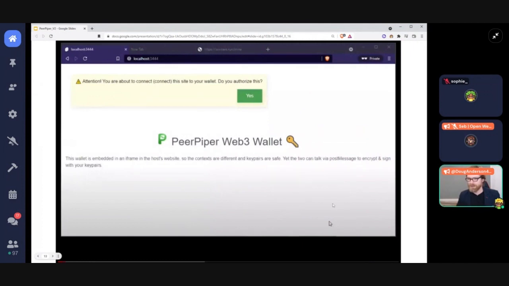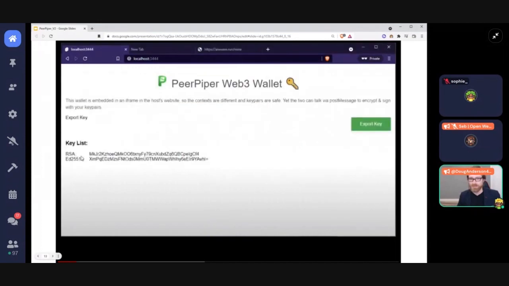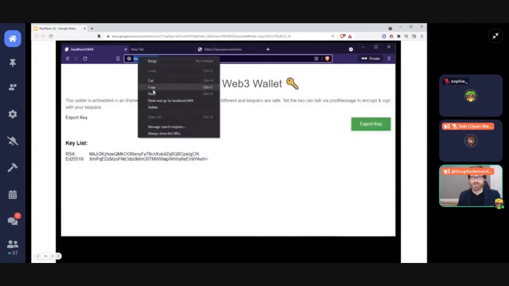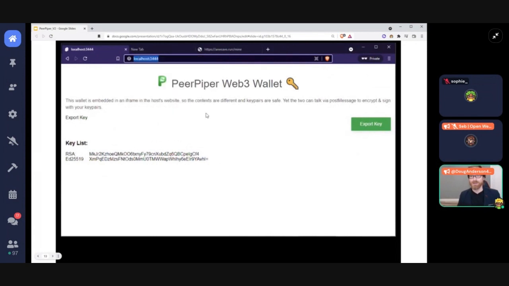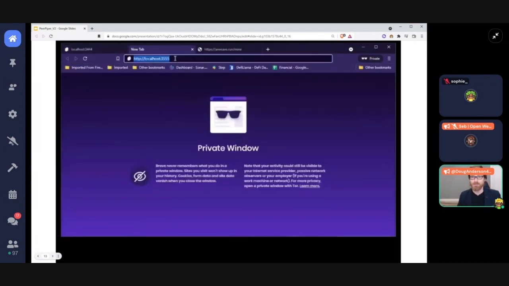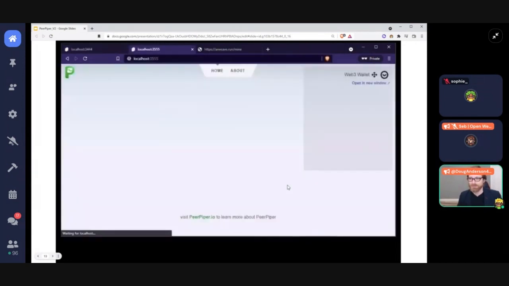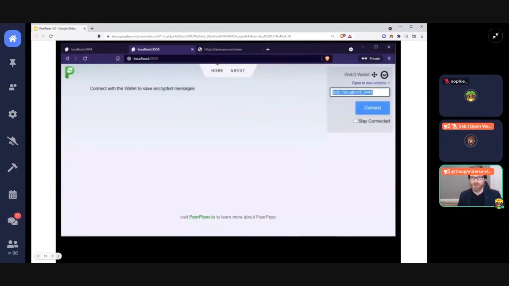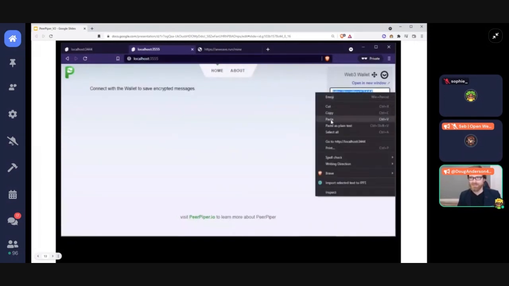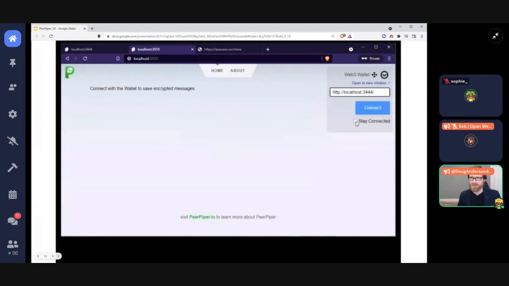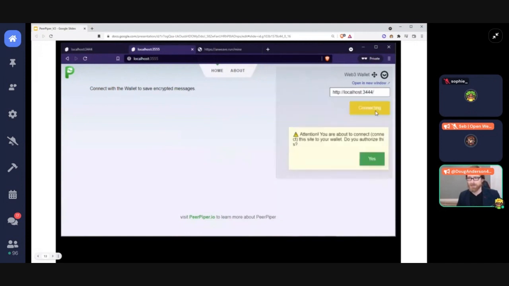So right now we would have the user go into their wallet and create a key pair. It starts off blank, so you've got to generate these. And it does both an RSA key pair and an Edwards key. Now we're going to copy the wallet URL to the DApp that we want to use it in. In this demo, you'll see that they're the same, but it could be anything on IPFS, on Arweave, even on your local machine. So we just paste that in there and we connect to the DApp.